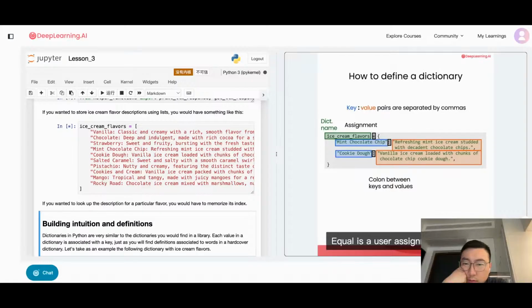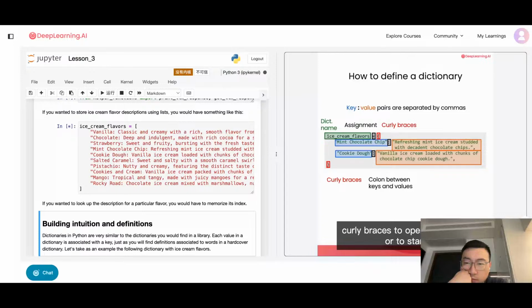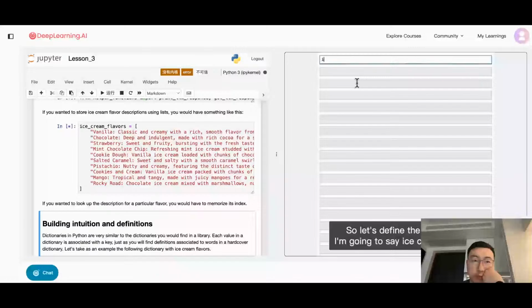And here, ice cream flavors is the name of this dictionary that we're defining. Equal is the usual assignment operator. And to define the dictionary, you use curly braces to start and end the definition of the content of the dictionary. And we also have commas separating out the different items. I'm going to say ice cream flavors equals, because I'm defining a dictionary